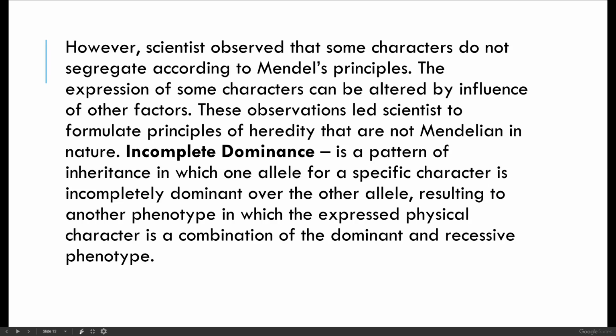Like for example, heterozygous tall: that is incomplete dominance because you are actually carrying the recessive gene for short. Okay. How about